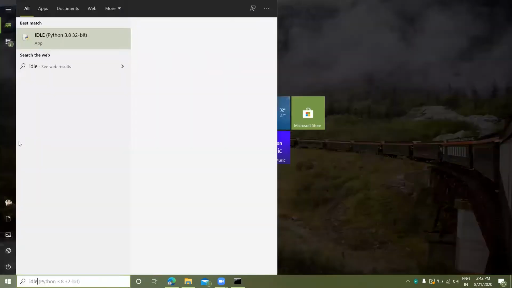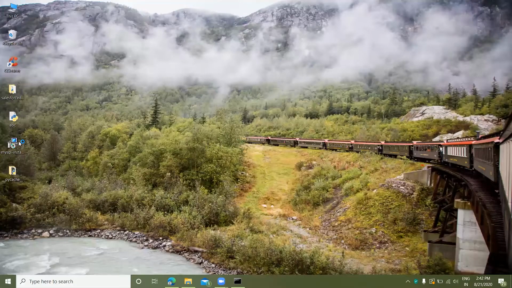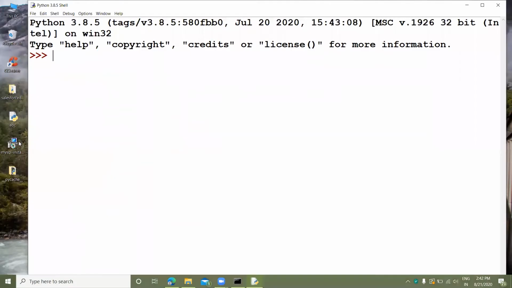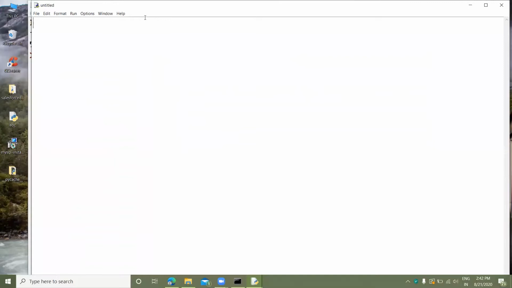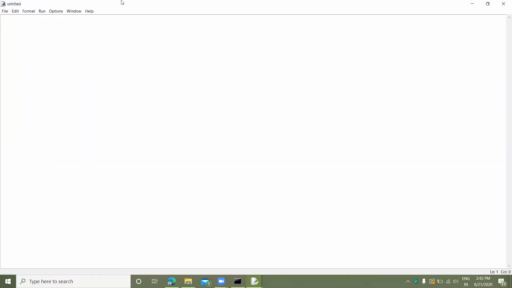Open the IDE. First we import mysql.connector.